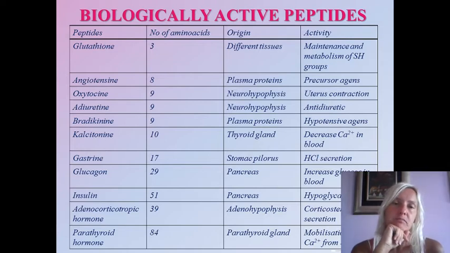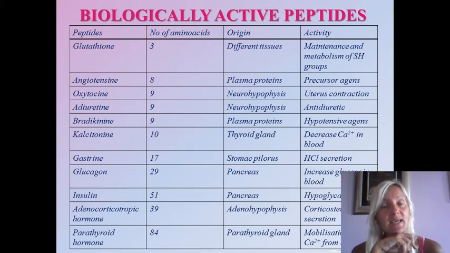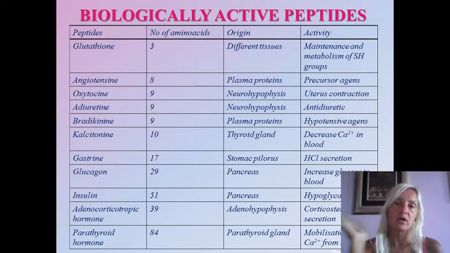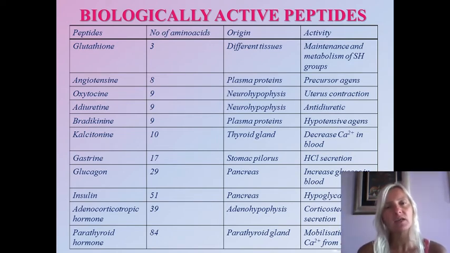And actually the active group of this molecule is the SH group, the thiol group from the cysteine. And glutathione is found in all cells in the human organism, and it's involved in the maintenance of the metabolism of the SH group, or in other more acceptable words, we can say that glutathione is one of the most potent endogenous antioxidant systems